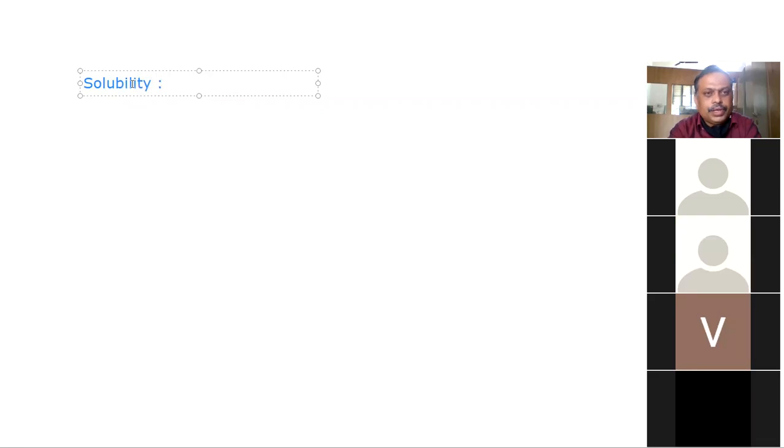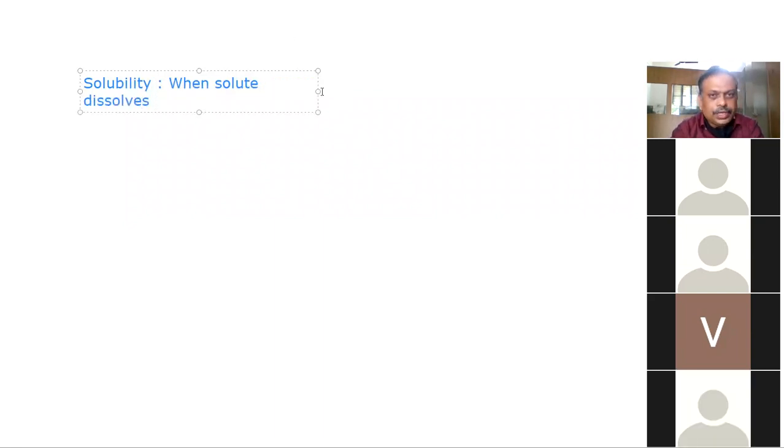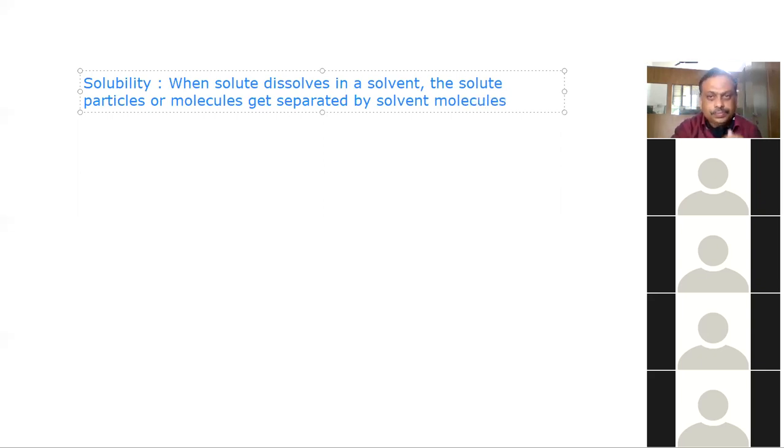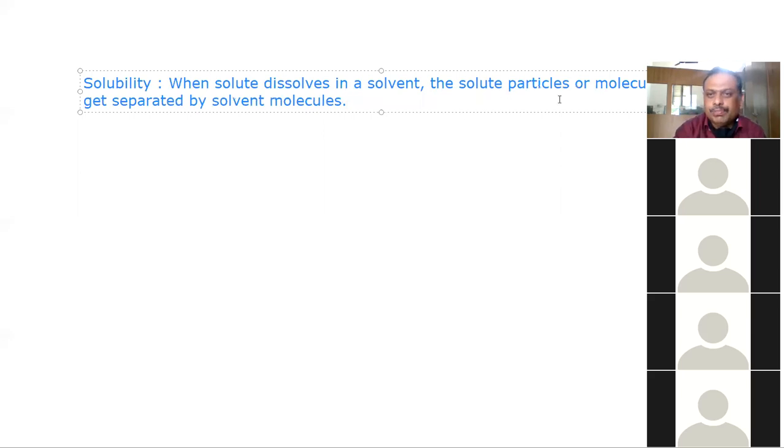When a solute dissolves in a solvent, the solute particles or molecules get separated by solvent molecules. Solubility म्हणजे काय? When solute dissolves in solvent, the solute particles or molecules